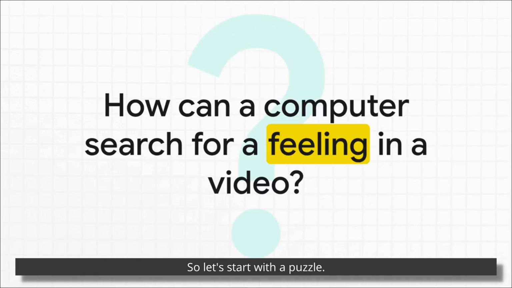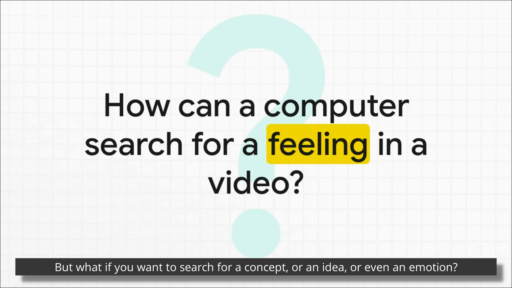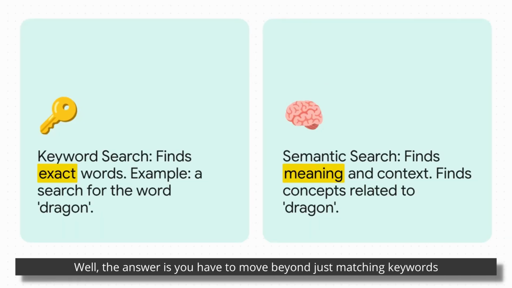So let's start with a puzzle. Your standard traditional database is awesome at finding exact words. You type dragon, you get stuff with the word dragon. Simple. But what if you want to search for a concept, or an idea, or even an emotion? How in the world do you tell a computer to find a triumphant moment in a movie? Well, the answer is you have to move beyond just matching keywords and get into something way more powerful, semantic